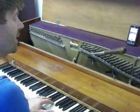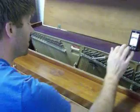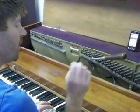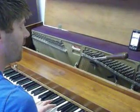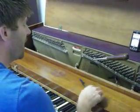So what we're listening for is a beatless sound, not just the pitch, but also the other dynamics that are happening in there. And once we have that, then we can bring the